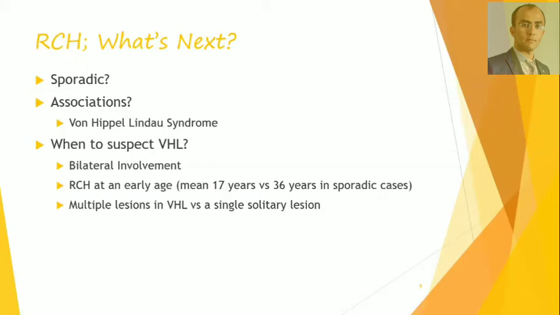So now we have discovered retinal capillary hemangioma. So what are we going to do in the next step? Once it's established that it is a retinal capillary hemangioma, we would be looking for the associations of that retinal capillary hemangioma. Some cases are sporadic and without any association, but the most important association of retinal capillary hemangiomas is von Hippel